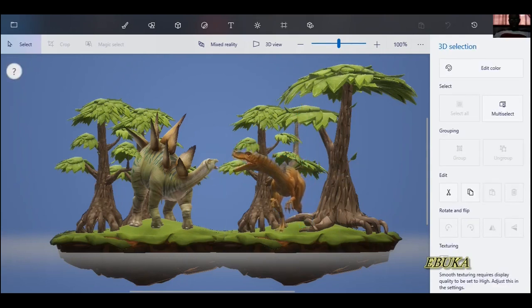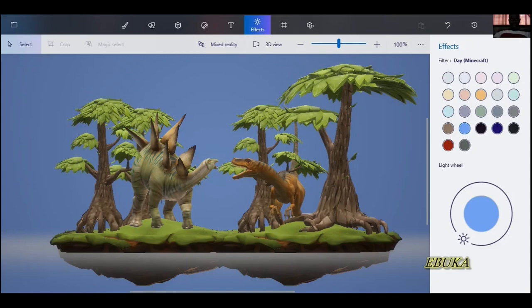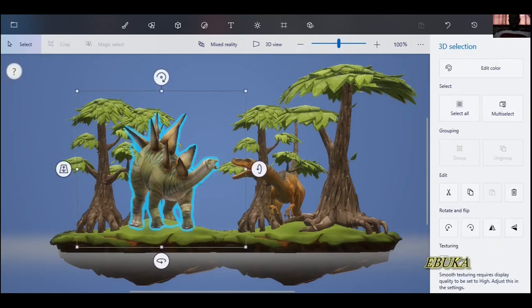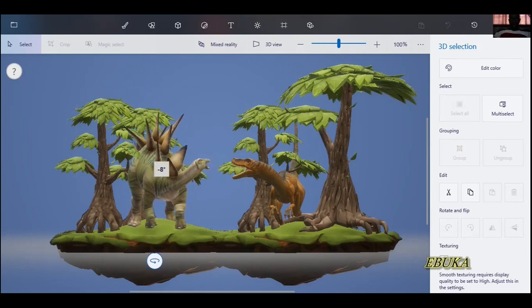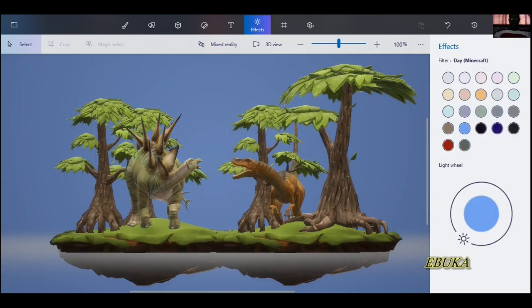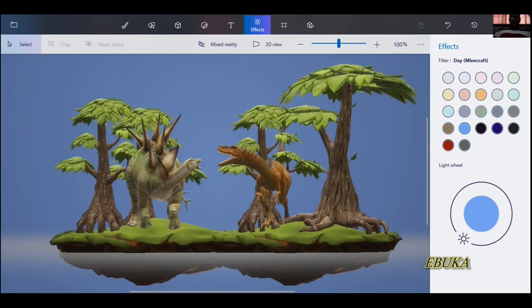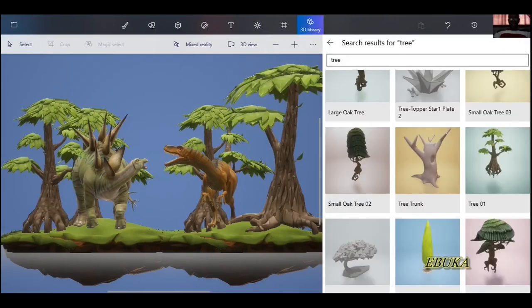So this one now, I can bring it a bit more closer. So you guys can see. So now I can